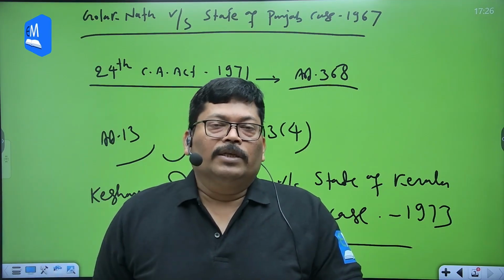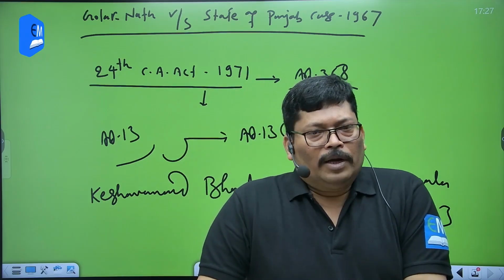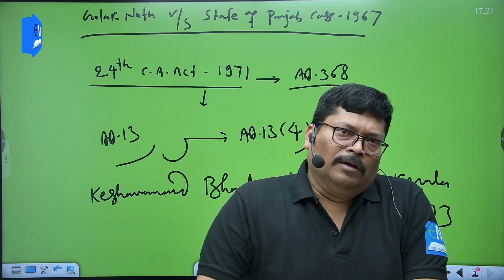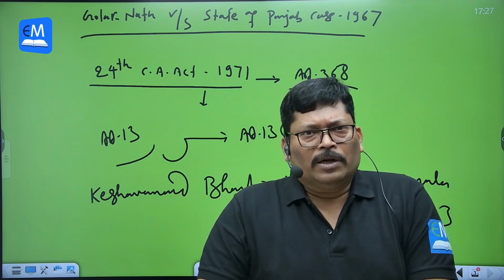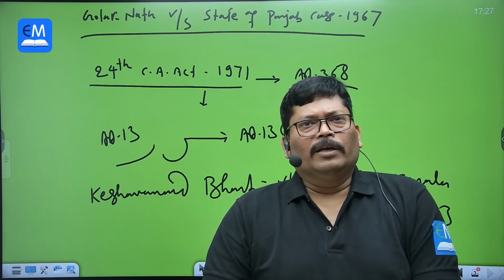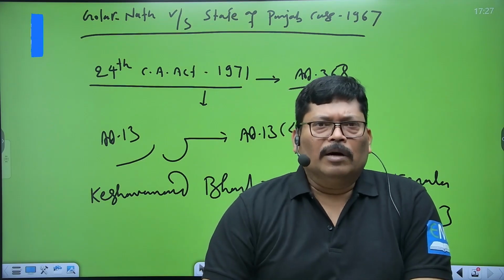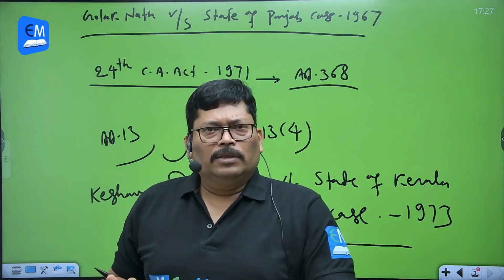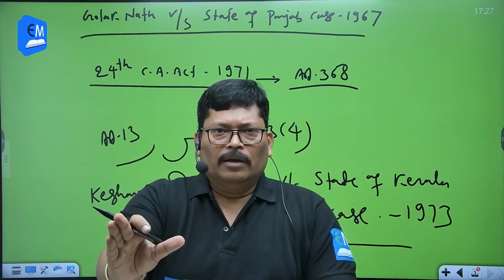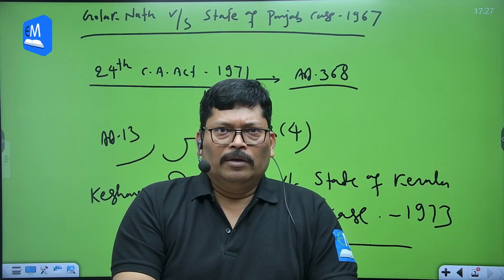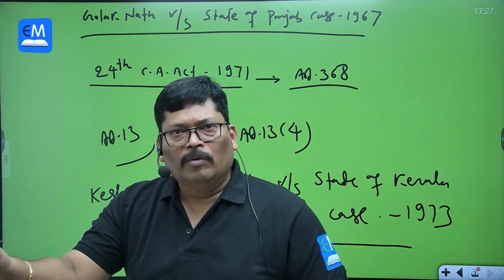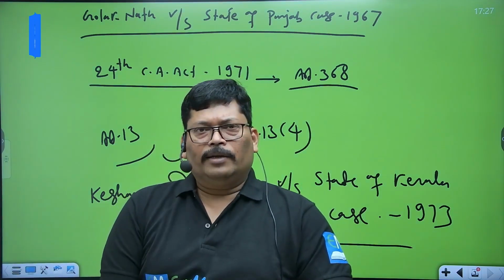So in the Keshavananda Bharati versus State of Kerala case, the Supreme Court clearly stated that the Parliament has the power to amend the Constitution under Article 368. Yes, we accept it. Forget the judgment given under Golaknath versus State of Punjab case 1967. From now onwards, we are accepting the fact that you, meaning the Parliament of India, have the power to make the ordinary laws as well as to make the constitutional laws in the form of constitutional amendment under Article 368.